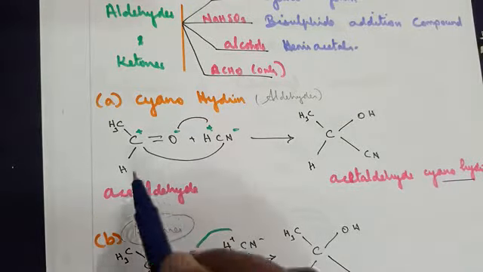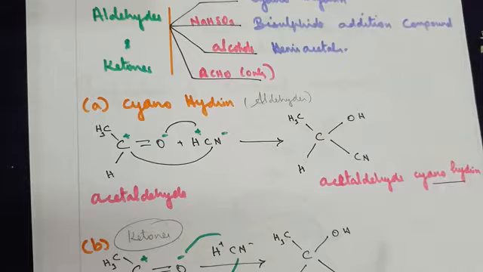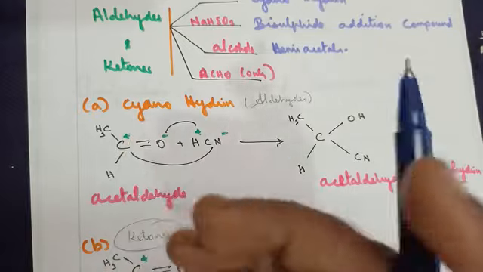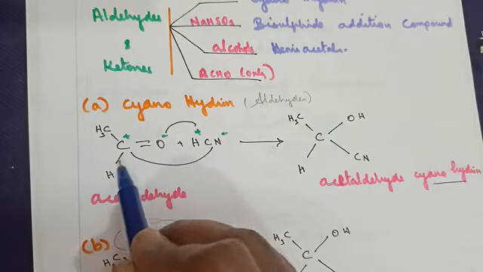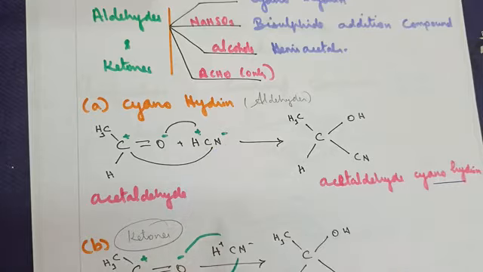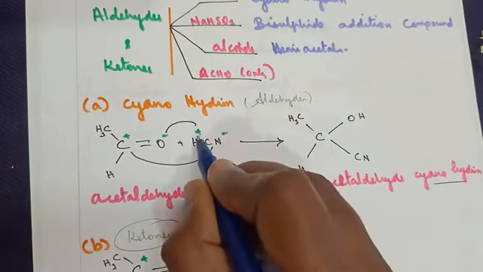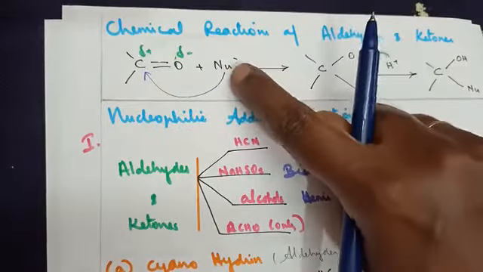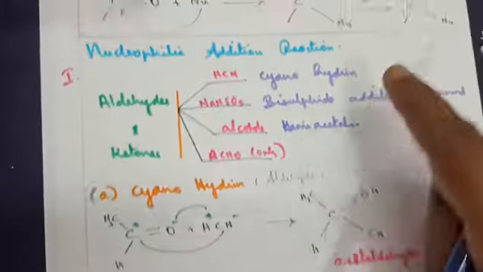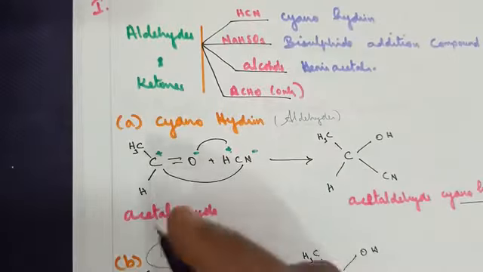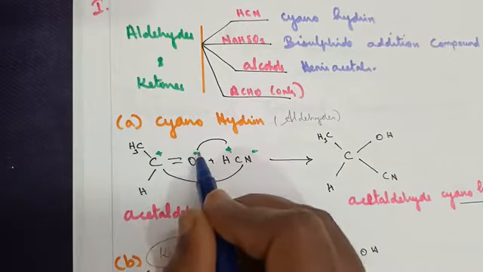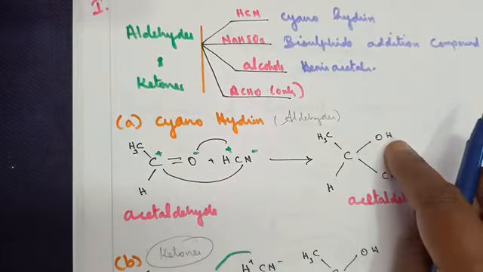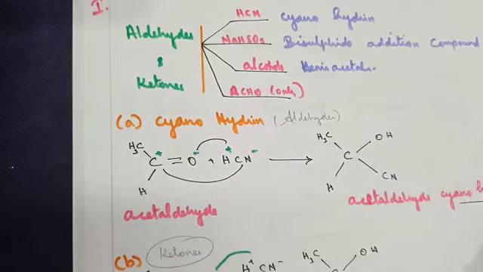Hydrogen cyanide here, finally landing up in the formation of a cyanohydrin. Acetaldehyde, the basic aldehyde, the simplest aldehyde, acetaldehyde or ethanal. CH3CH double bond O. When you treat with HCN, a very easy explanation, you know that H has a positive charge, CN minus has a negative charge here. So what happens? The nucleophile is CN minus. This H will combine with the oxygen here. Between these two, carbon has a positive charge, oxygen has a negative charge. Very easily understood. Oxygen will combine with the H, giving us the formation of a hydroxyl group.